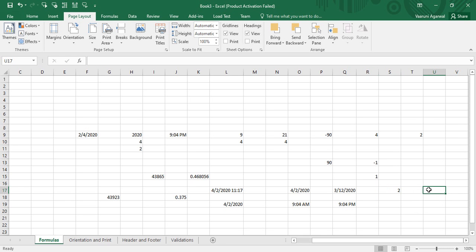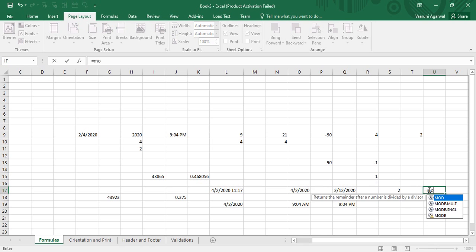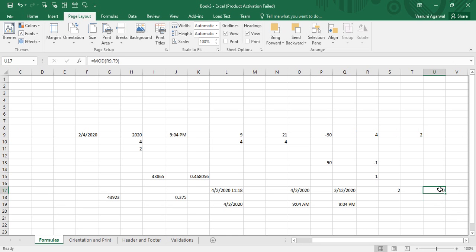Next important mathematical function that we are going to see is the mod function. For that we can just press an equals, write the word mod, open the parenthesis. Now it requires 2 arguments, the number and the divisor. That is, whenever a number is divided by any divisor, the remainder that is returned to us is given by the mod function. Suppose we want the number to be 4 and its divisor to be 2. Then we would know that its remainder would be 0, and that's exactly what this mod function is going to return. Just close the parenthesis and press enter. So 0 has been returned, signifying that when the number 4 is divided by 2, then 0 is the remainder. So these are some of the important mathematical and the date functions that we have looked at today,